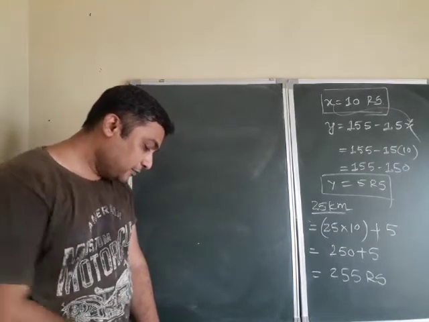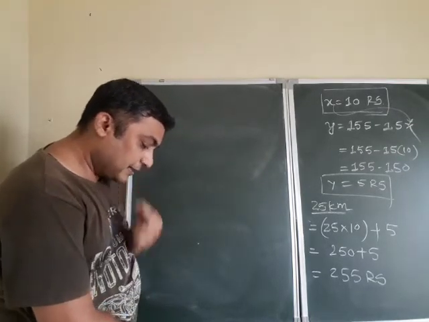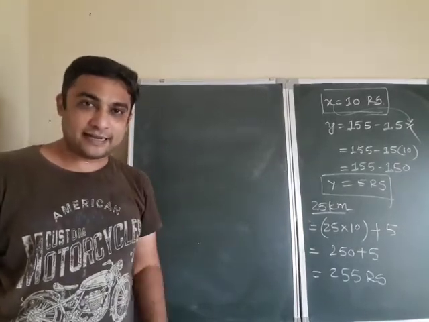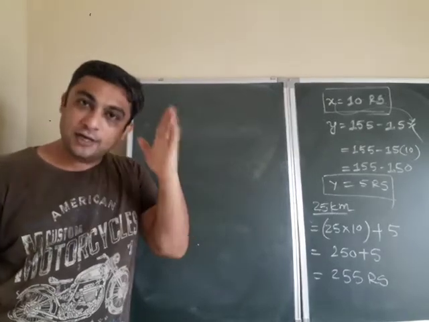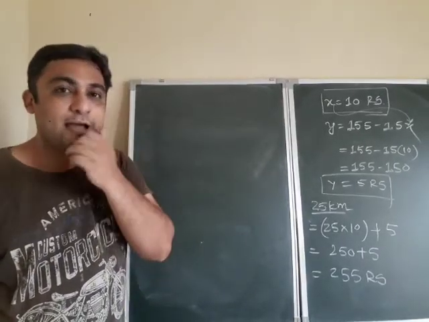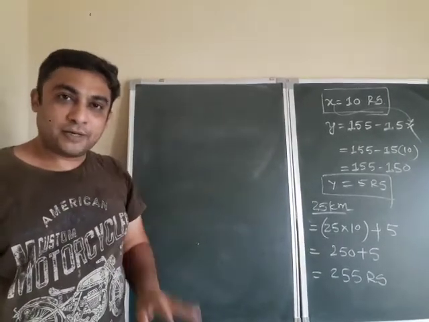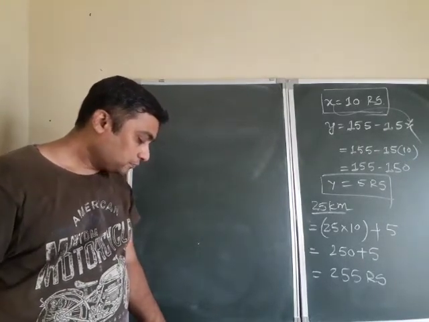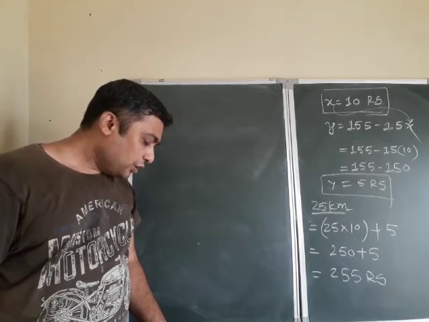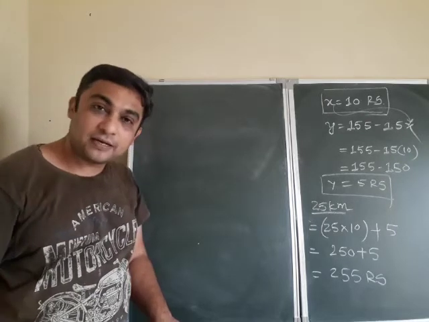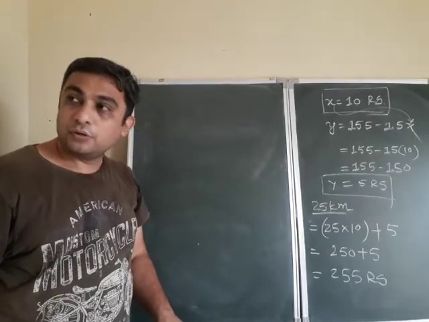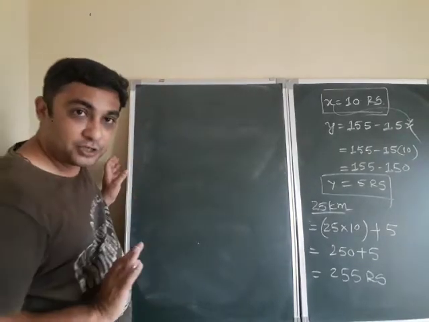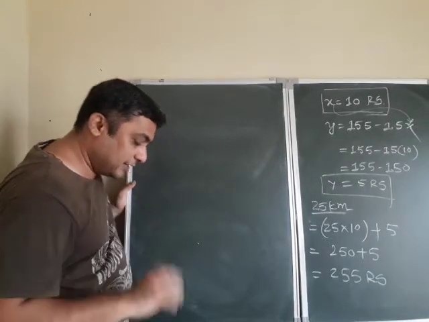If 2 is added to both the numerator and denominator, they are talking about two things. Initially, by reading the data, one is the numerator and one is the denominator. So we have to assume the numerator and denominator. If you add 2 to each, the fraction will be 9 by 11. If 3 is added to both the numerator and denominator, the fraction becomes 5 by 6. Find the fraction.